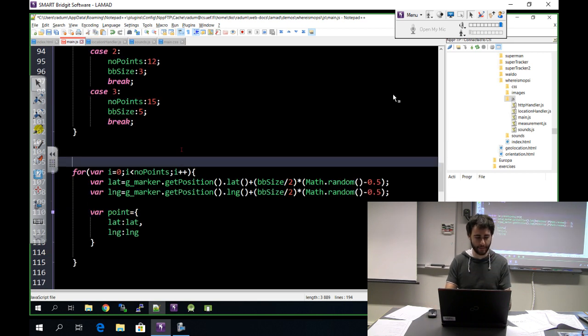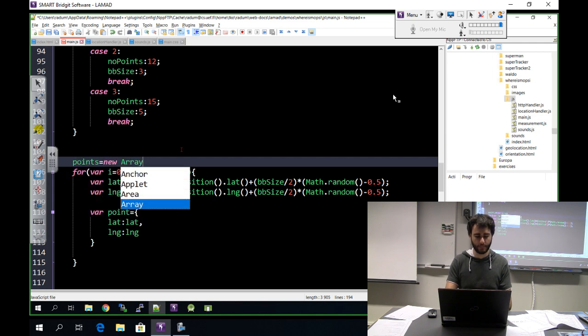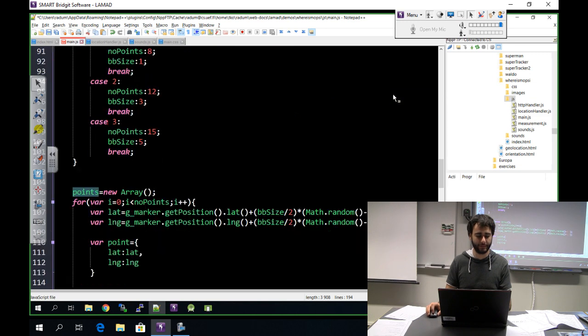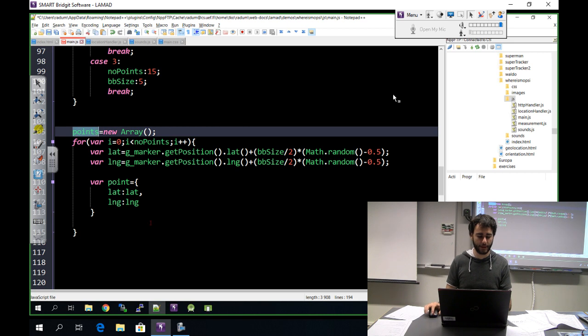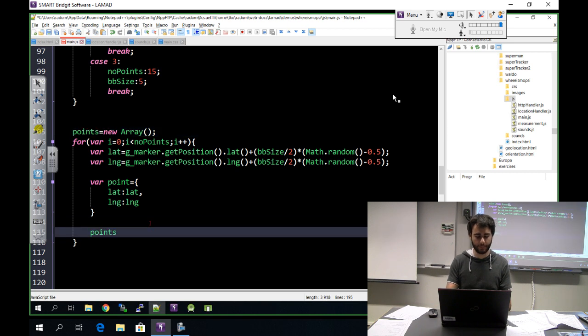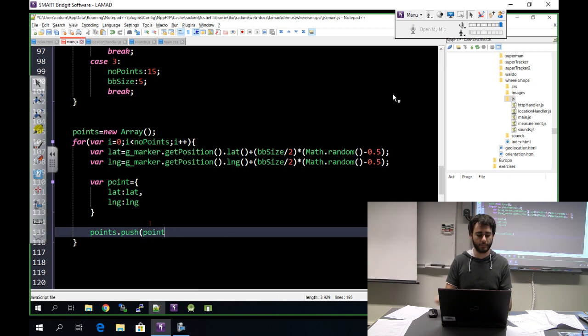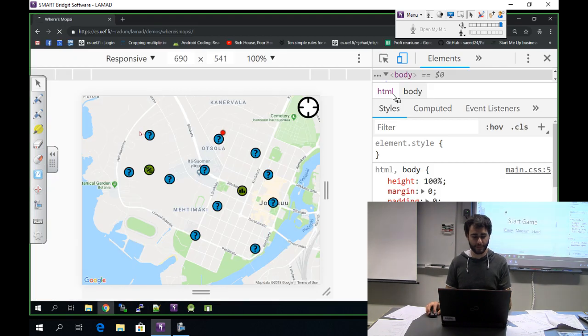So our array points, I reinitialize this. I overwrite that value. It's there just for reference now. And after I have my point, I push it to this points array. So now I have new points there. That's it. Refresh, easy game,